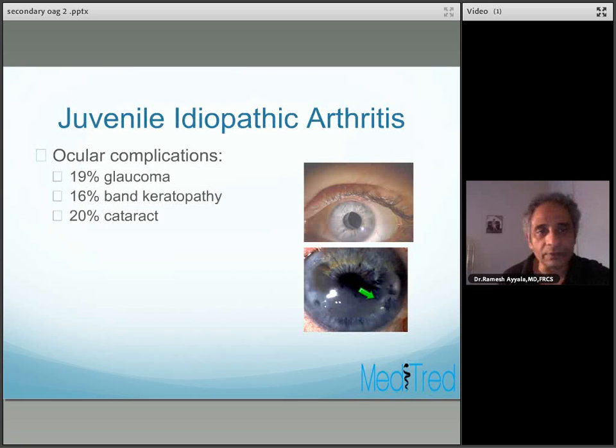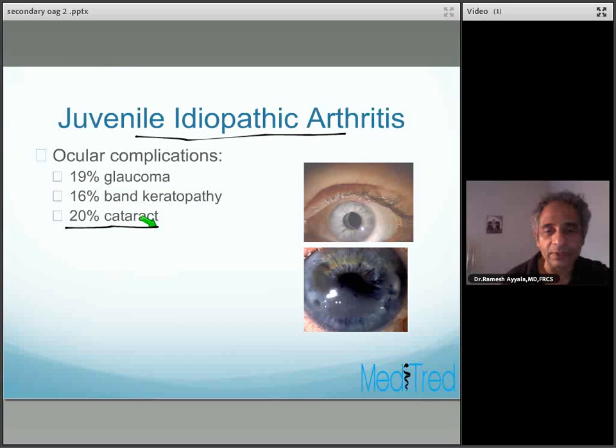Let's move on to juvenile idiopathic arthritis. Again, a rare disease that you probably will not see in your clinical practice, however, frequently asked in the exam. The ocular complications of JIA include 20% incidence of glaucoma, 16% incidence of band keratopathy, 20% incidence of cataract. So just remember 20% of glaucoma, band keratopathy, and cataract. So all the three anterior segment disease processes are seen in this